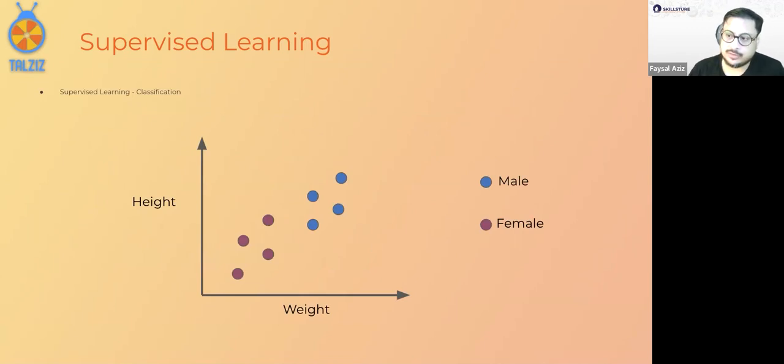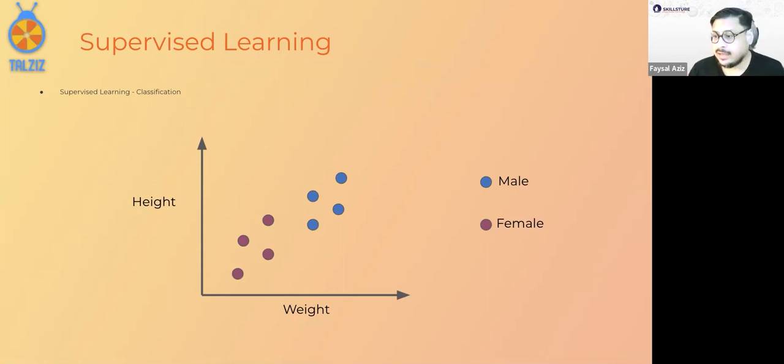I show you this plot, and I tell you that the purple plot represents female, and the blue one represents male. It makes sense that males generally tend to be heavier and taller than females. Okay, so it makes sense.